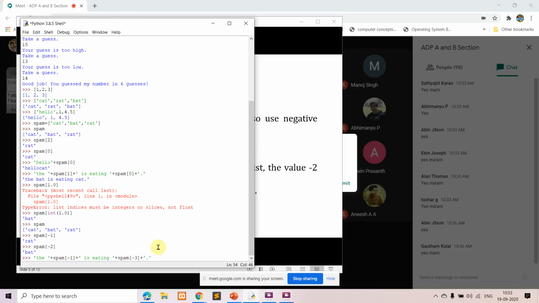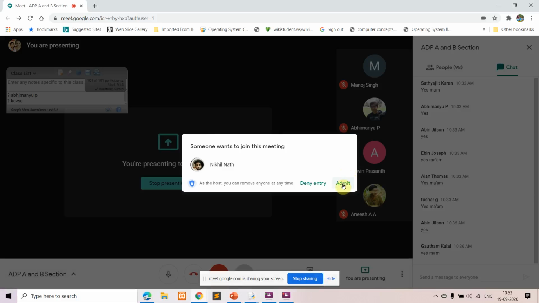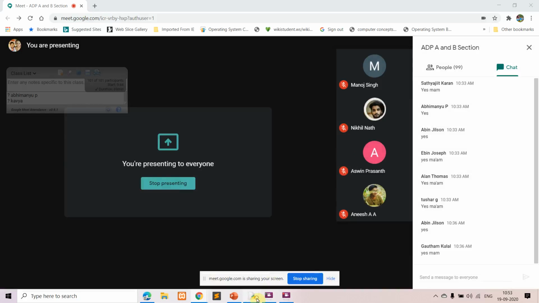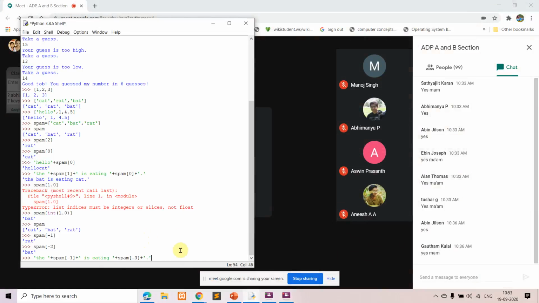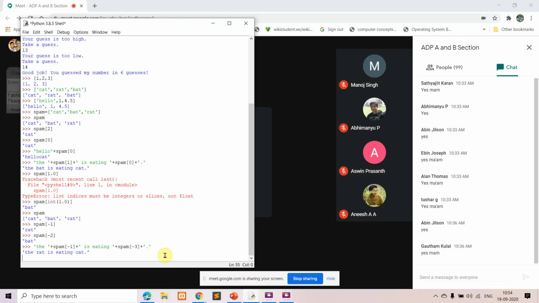In this case, what happens? What is the value for spam of -1? It is the last one in the list, that is rat. Then it is eating spam of -3. So -1, -2, -3. The first one will have the index -3. We'll just see the result of this. You're getting the result as the rat is eating cat. I hope I'm clear with this.